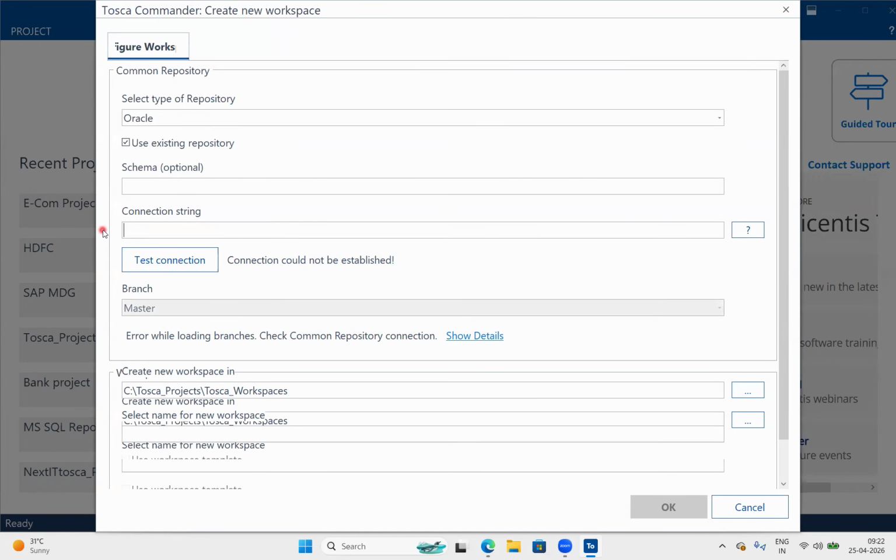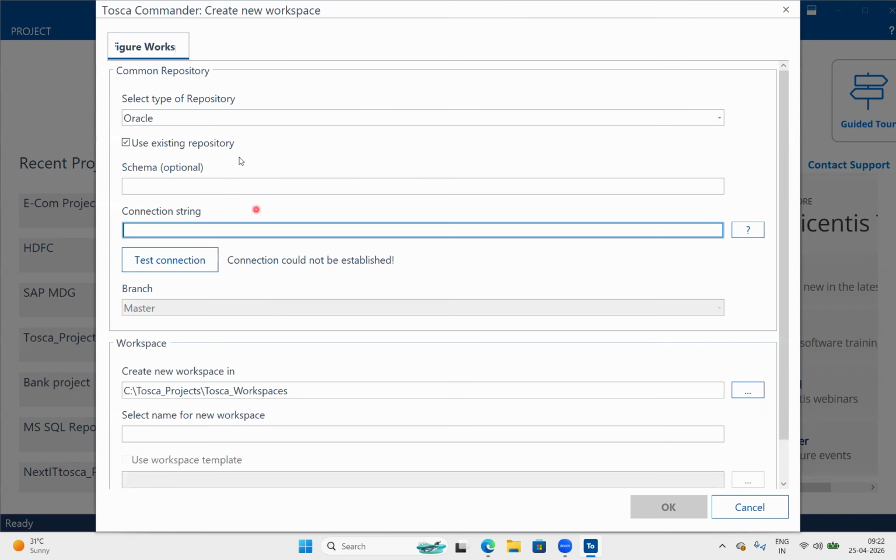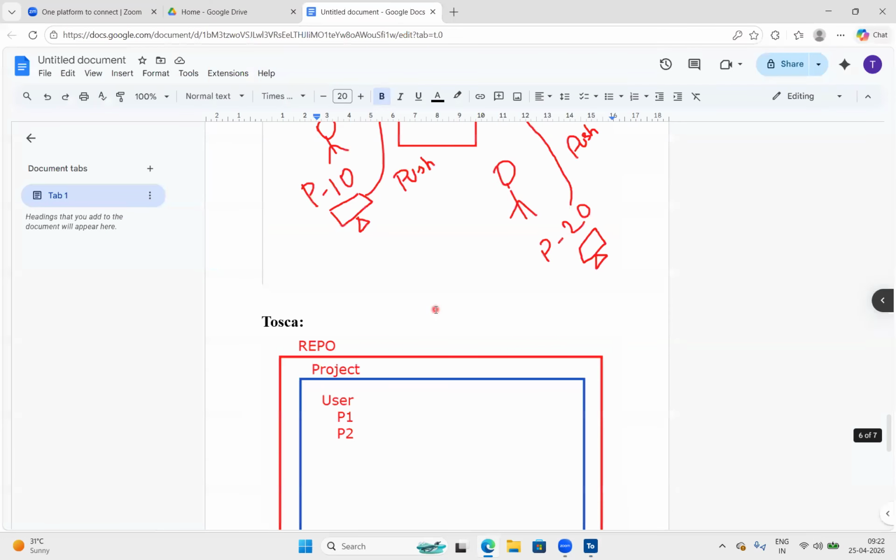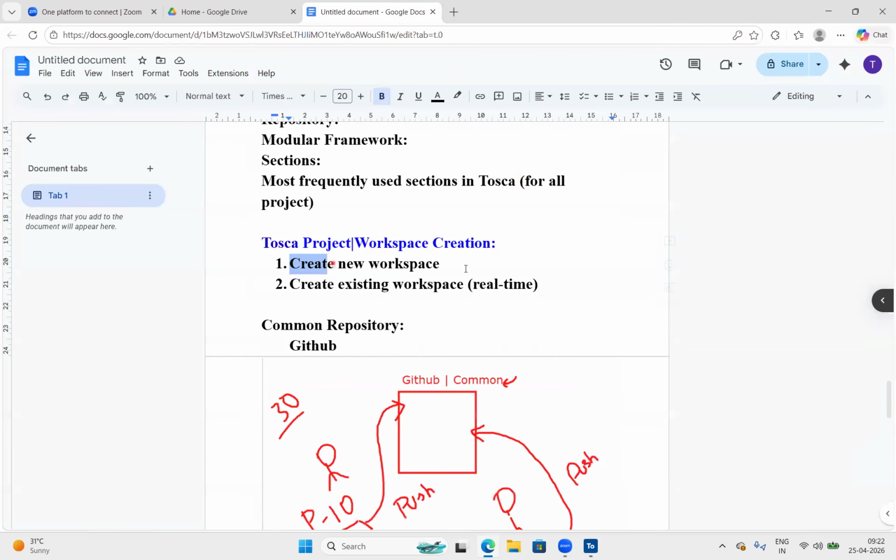So here team, I said... Yeah, Anusha, do we have to connect this every time, or is it a one-time activity? It's a one-time activity. See, I said two things, right? Whenever we are creating the project, we can go with two ways. One is workspace, create new workspace, because this is the initial project setup.